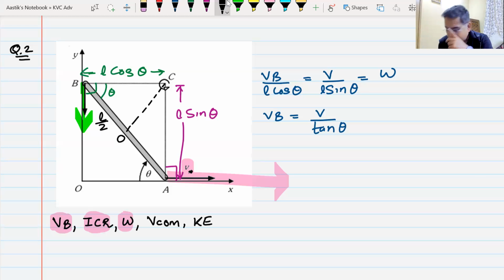logic. If I look at this point, at point A, remember, one way that works for one question may be difficult for the other one, because maths will come in between and you might not be able to calculate this thing. So you must know if there is another way which is simpler, probably you should know this. If you look at the point A, it only has horizontal velocity.